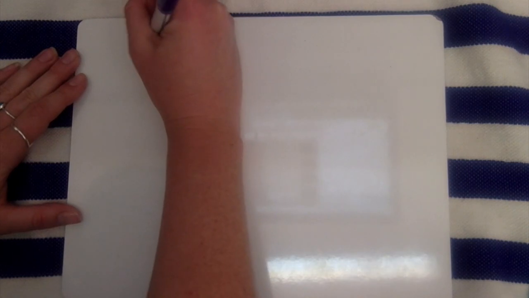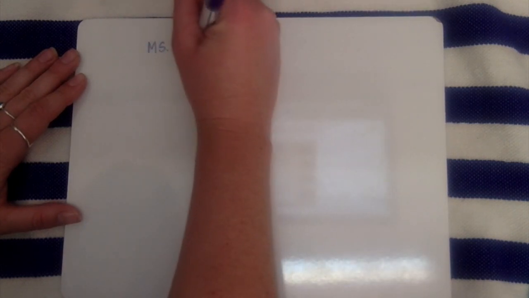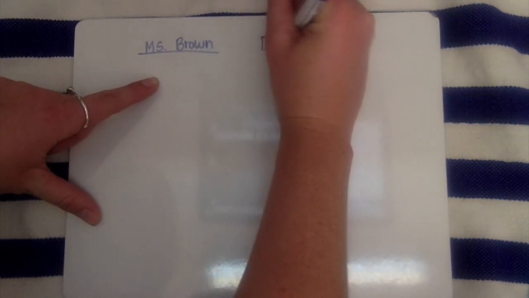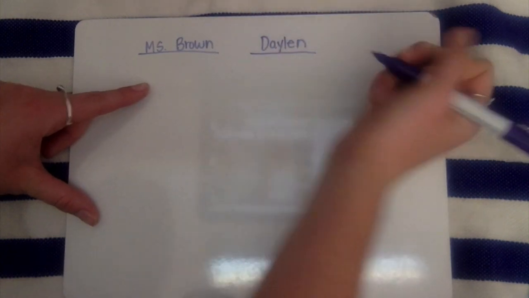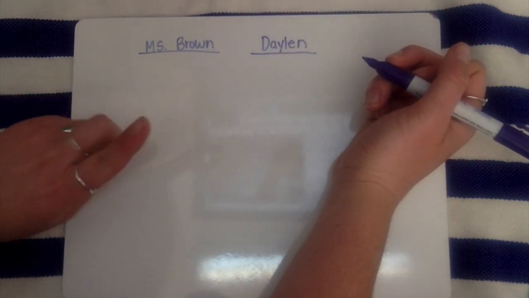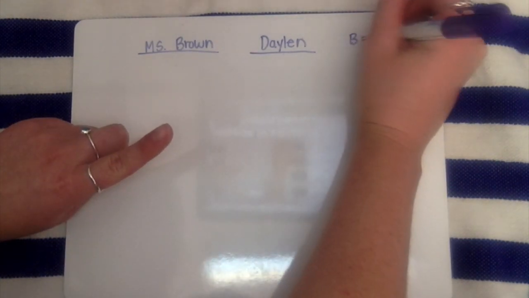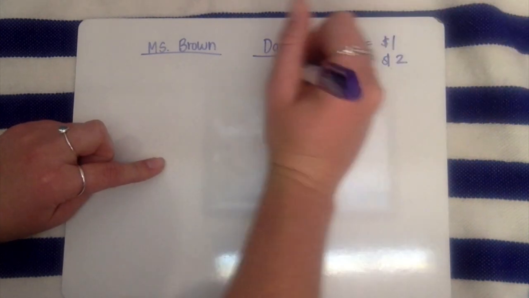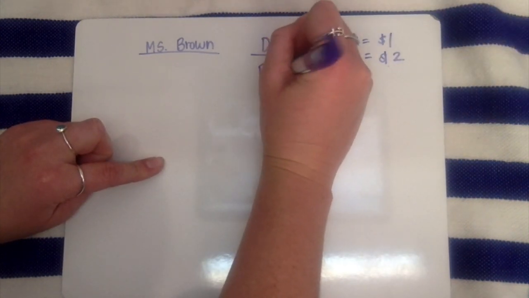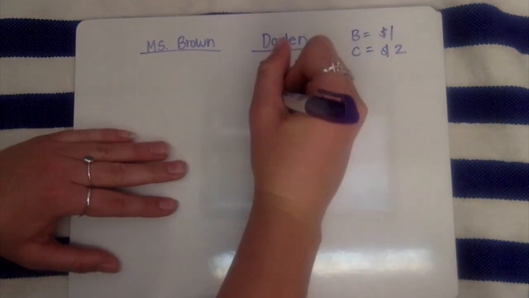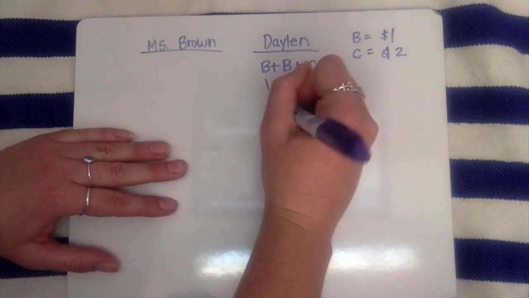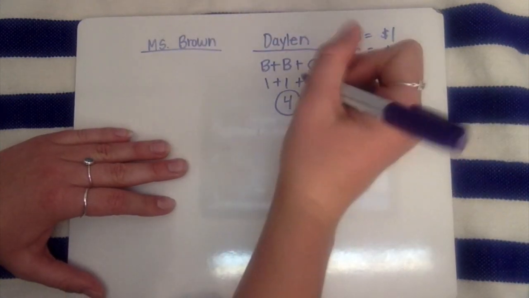All right, so again, we can think about this mathematically. Right now, I know that Miss Brown buys something, but we don't know what she buys. I know that Daylin, my sister, buys 2 bagels and 1 coffee. Now, each bagel is $1. Each coffee is $2. And she buys 2 bagels, so 1 bagel plus 1 bagel plus 1 coffee, I could say is 1 plus 1 plus 2. So Daylin buys $4 worth of stuff, but she has a 60% off